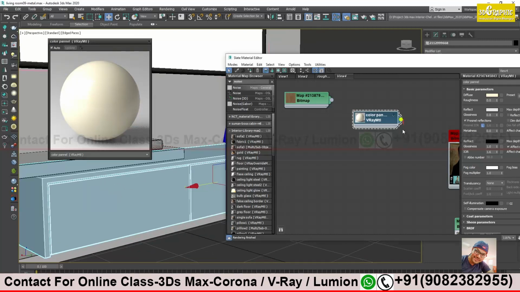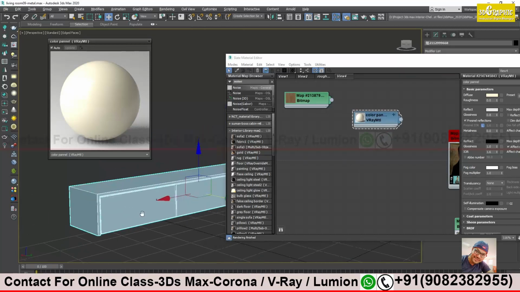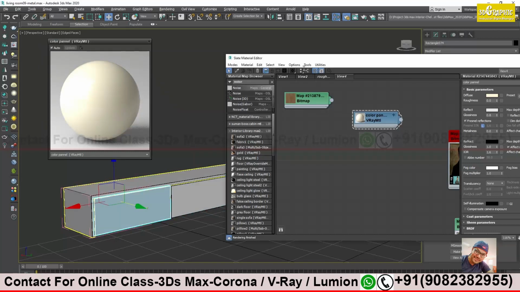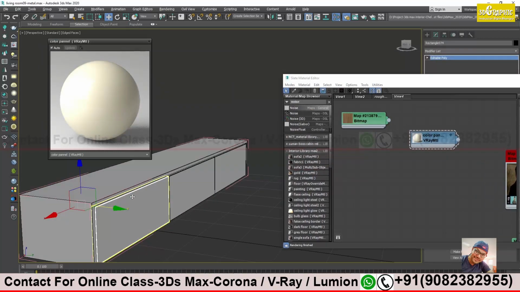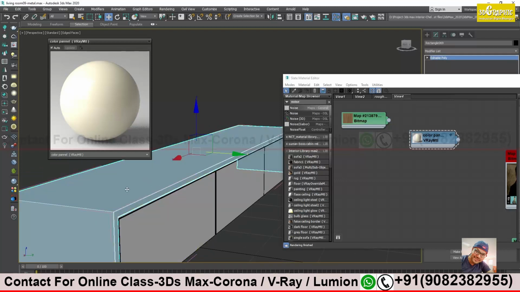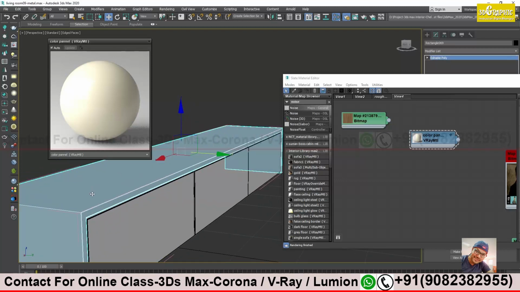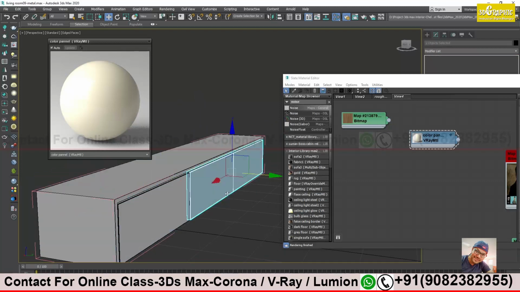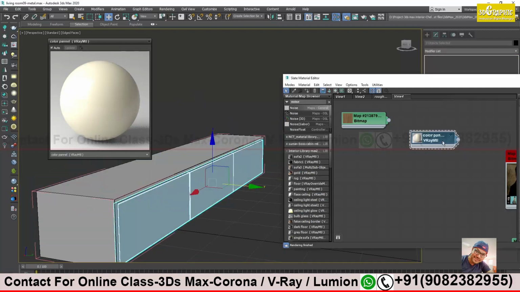Let me apply this. One second, let me isolate this first. I think this is a group. I will make either this outer part darker and the door lighter, with the cream color which I have created.